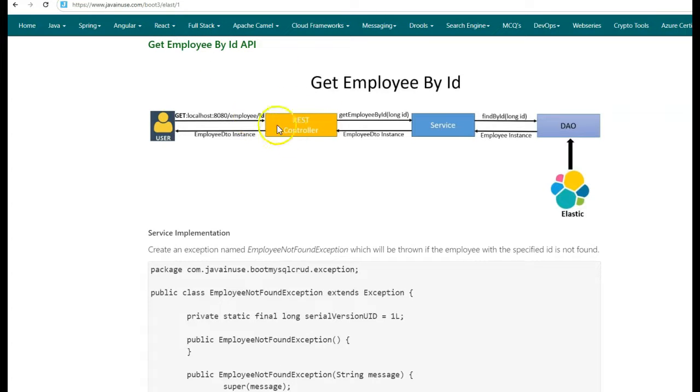So here in the REST controller, we'll be exposing a REST endpoint with the URL /employee/ID. The ID is the employee ID of the object that is to be retrieved from the Elasticsearch instance. So here the REST controller, once it gets the ID, passes it to the service layer. The service layer then makes use of the DAO, that is the employee repository that we have created. And using this, we retrieve the employee details for this particular ID from the Elasticsearch instance and return it back